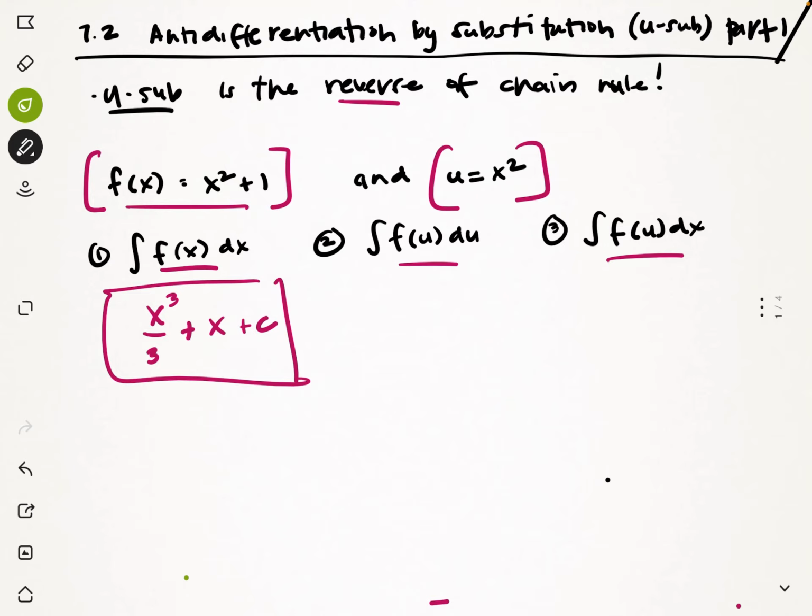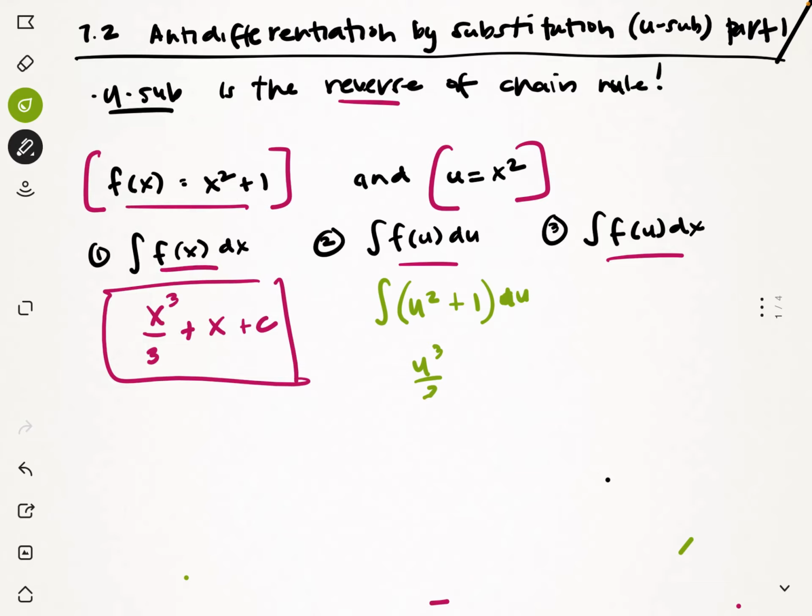Now the second part is a little bit different, right? Because now we're doing f of u. So instead of having an x squared there, we're going to have a u. So we're going to do u squared plus 1, and we're finding the antiderivative with respect to u, or sorry, du. And then we just go about that the same way. We're going to get u cubed over